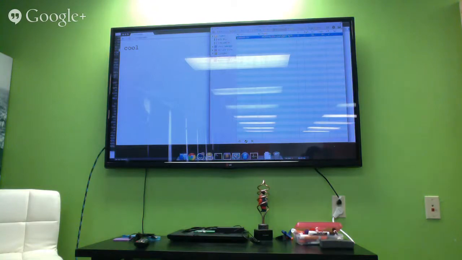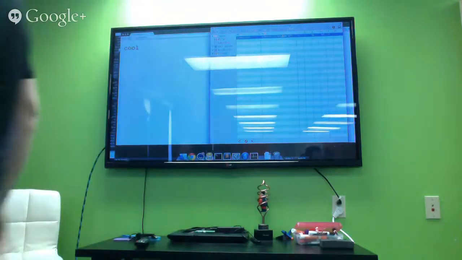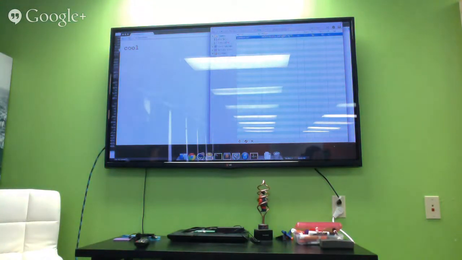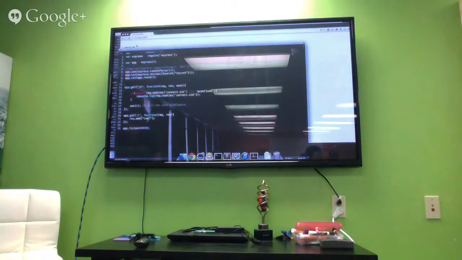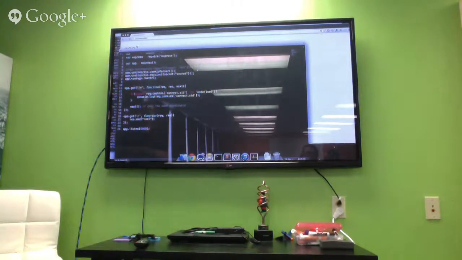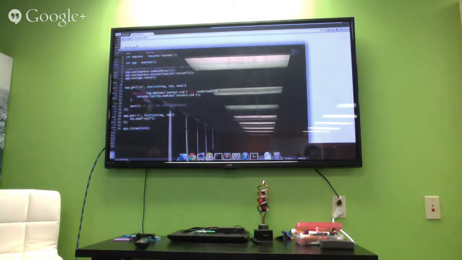Let's look at a little bit of code. Who wants to look at code? Anybody? Sweet code. Okay, so I've got a little Express application set up here. Does this look familiar to you guys? You've probably seen all of this stuff before. There's a couple of new things in here, but the general layout, you recognize it as an Express application, right?